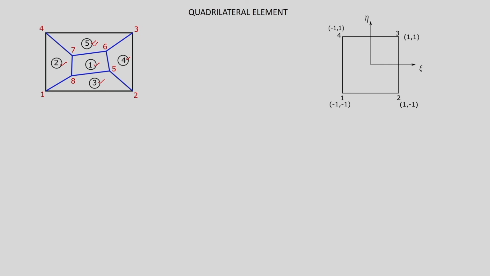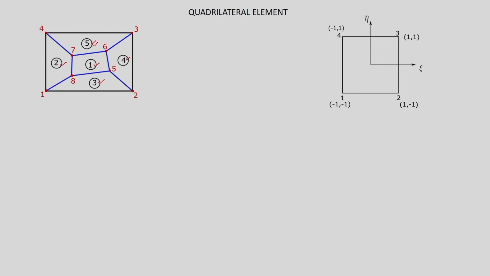Now in this case, how do we represent the unknown, that is u? In this case we have how many nodes? We have a total of 8 nodes. At each of the vertices we have a node, so we have numbered them as 1, 2, 3, 4, 5, 6, 7 and 8. If in each node we have one unknown, then in the problem we are solving we have a total of 8 unknowns.